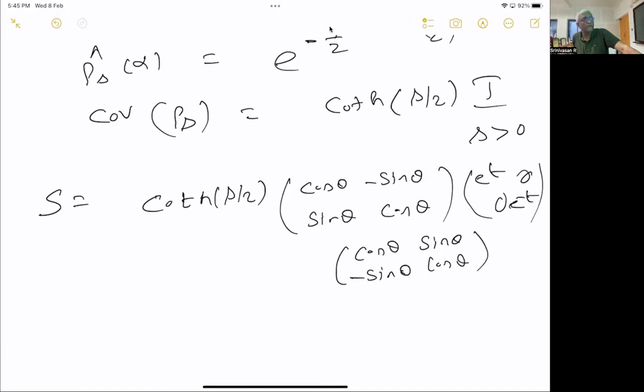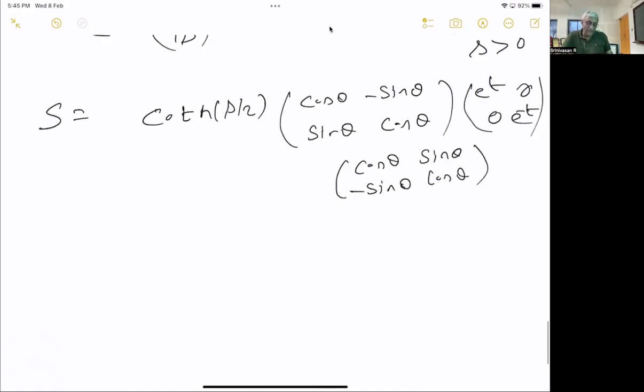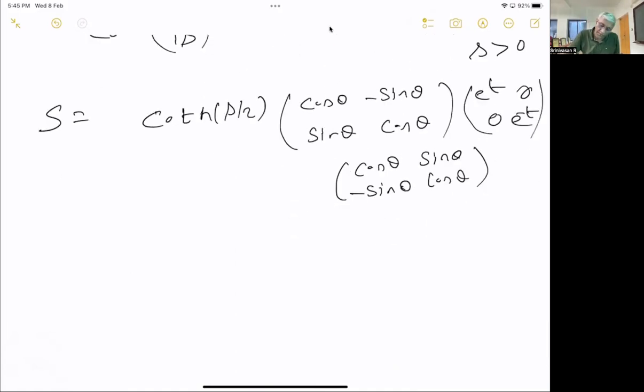That's e power t, e power minus t. Yeah. E power t, this is 0. Lambda inverse, but it has to be positive, so it's written as e power t. So any matrix will look like that. So how to get the covariance matrix? So now,